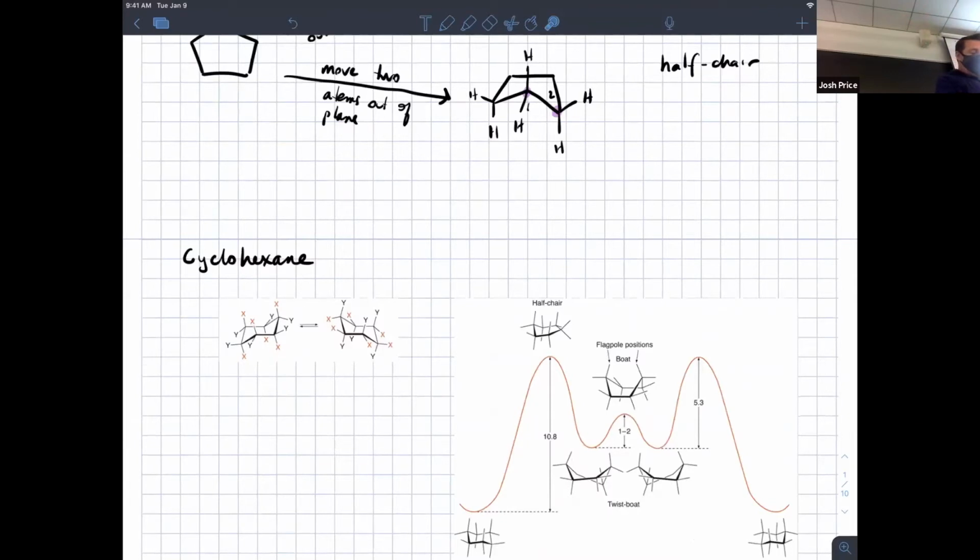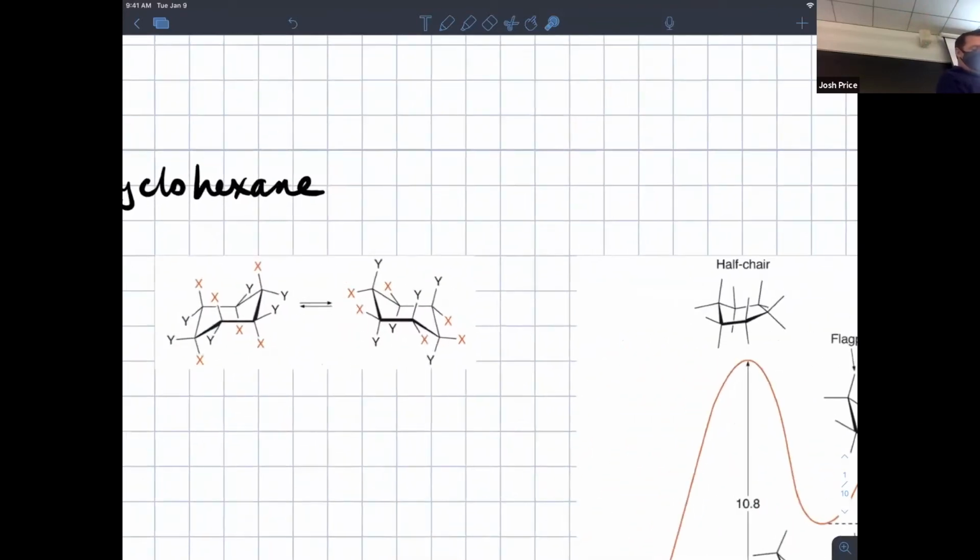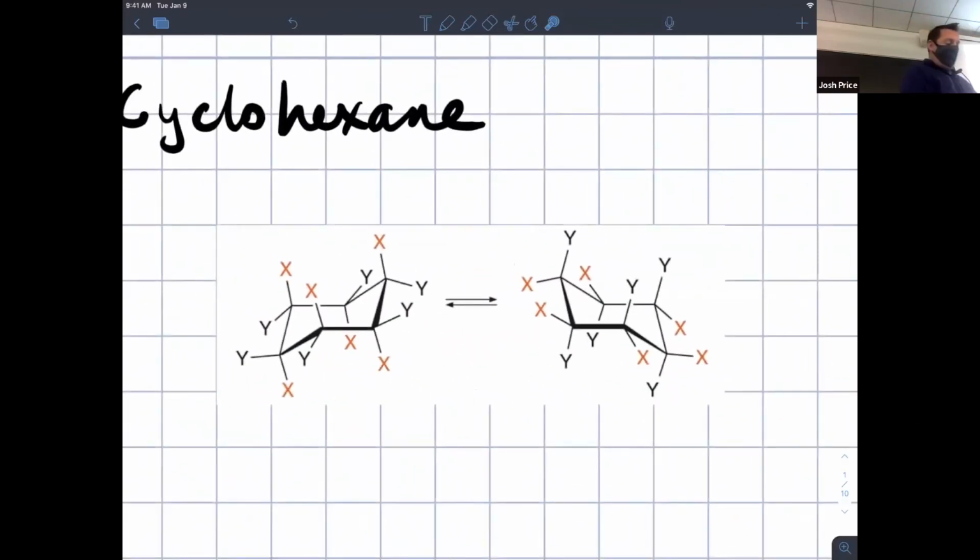Okay, cyclohexanes. I've just copied a lot from the book here with their images, because this is a topic you should have mastered pretty well in your undergraduate organic chemistry. You've got both of these conformations, which are called chairs, because if you squint at them, you can almost see a